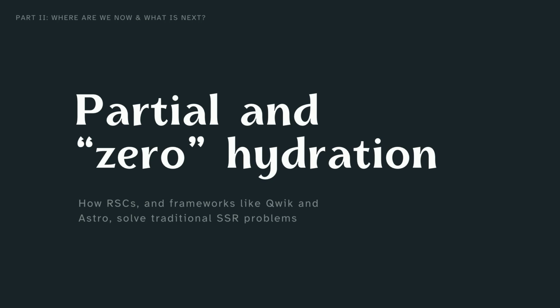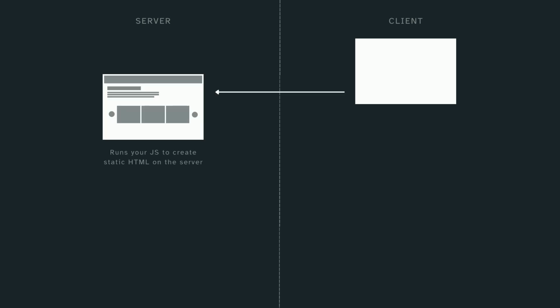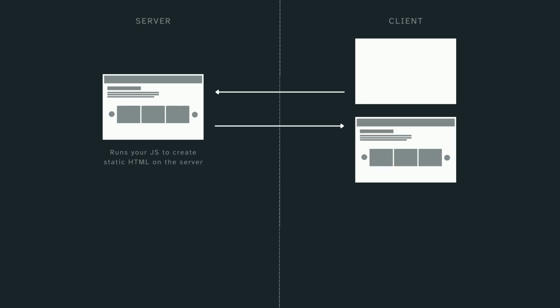To understand what the problem is, we have to look at how the browser renders server-side rendered websites at the moment. If a user goes to a website that we built in Next or Remix, the browser makes a request to the server, which runs all of your JavaScript to create that initial HTML, like I described. It can't do much more than that because on the server you don't have a concept of dynamic stuff, like there's no state, there's no event listeners or anything like that. So we create that initial HTML and then we send it back to the client,